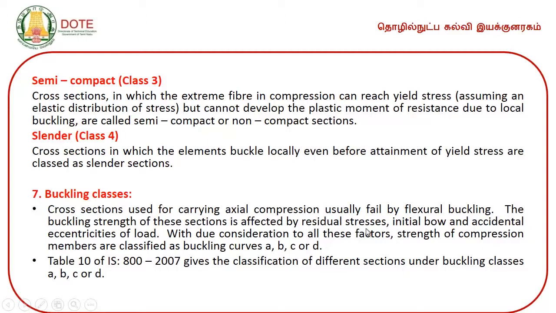These are the stresses that remain after the manufacture of the member. When I say they remain after manufacture, the manufacturing process of hot rolled sections is at a temperature of around 600 to 700 degrees, and suddenly it will be cooled. So sudden heating as well as cooling takes place in the process of manufacturing the hot rolled sections, and